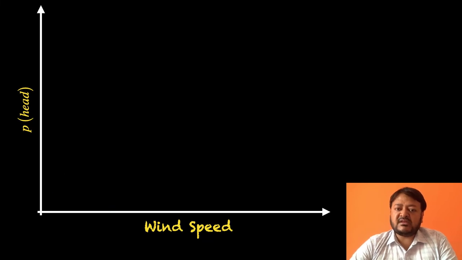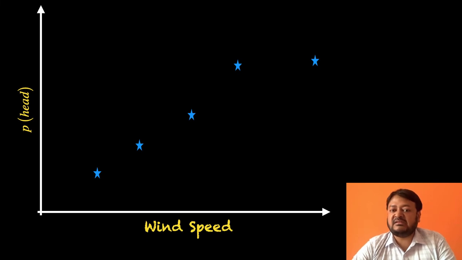What you can do is run this experiment for different wind speeds. You can go to different areas, or in the same area you can repeat the experiment for different wind speeds and compute the probability of getting a head. So let's say you get a graph like this. This is not representative of how a coin actually behaves. This is just a fictional example which I am giving you. Suppose you did this experiment at 5 different places, and these are the experimental results that you got.